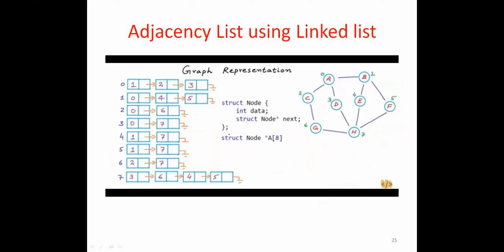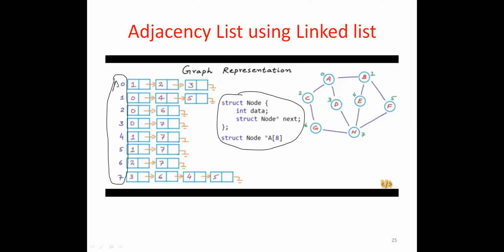So this is the linked list representation. The same thing we have seen, we are creating a structure node. What I showed earlier used an integer pointer; here I am creating a node itself. This is an array of pointers of which data type? Struct node. Keep it in mind. This is an array of pointers of data type struct node. Fine.